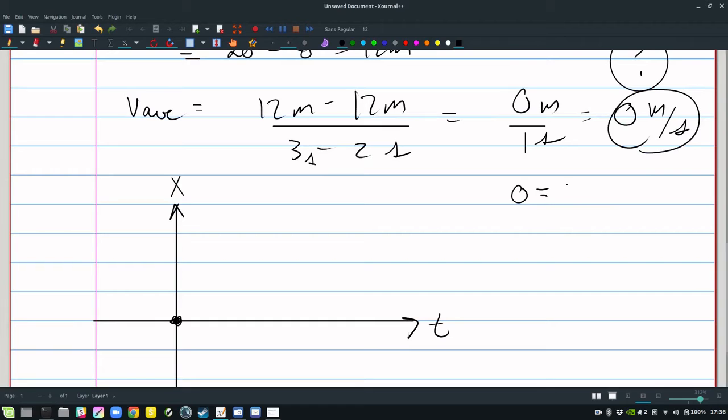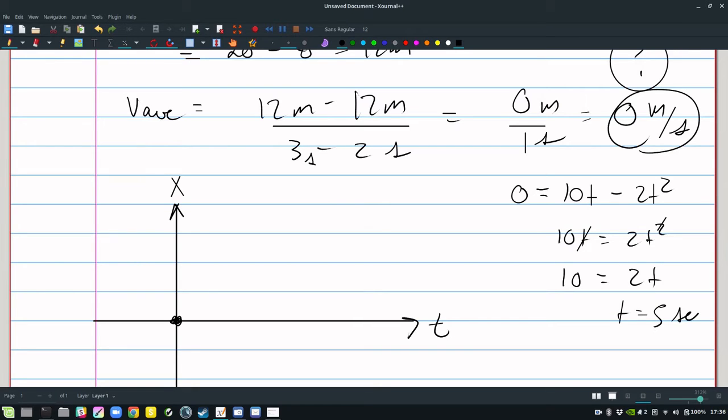If I want x equals 0 and you have 10t minus 2t squared, I can move a 10t over, I can rearrange the formula like that, divide both sides by t. I know that t is not equal to 0 because I'm looking for the other 0. So we have 10 is equal to 2t, so I think t is equal to 5 seconds is what solves that formula. So if I go 1, 2, 3, 4, 5,